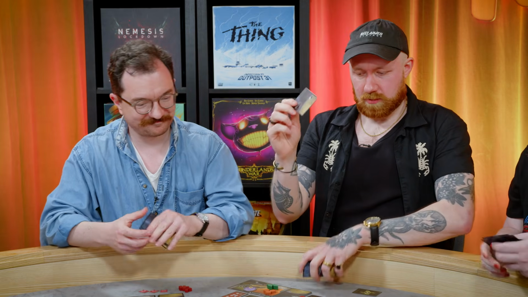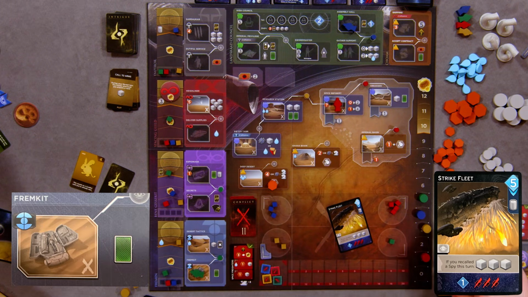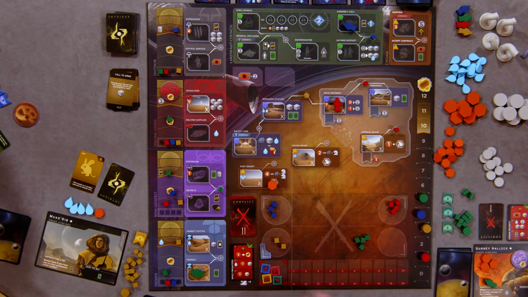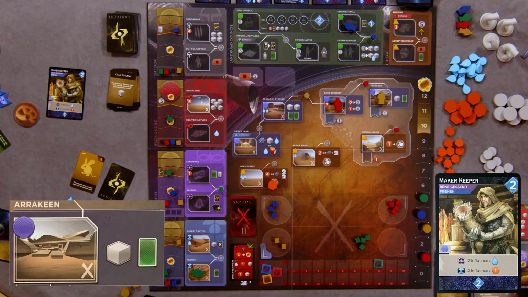I am going to use my Strike Fleet card to send one of my agents to where I have a spy. I'm going to send an agent to the Fremen, which means I get to draw a card. I will then recall the spy from this space, gaining me 3 troops, which I will immediately commit as well. Lovely. So that puts me up to 8. But I am going to spend the Maker Keeper. And because I've got 2 influence with the Fremen, I get a spice. Very nice. And I'm going to put my agent, not my spy, in Arrakeen, which means I get an additional troop,